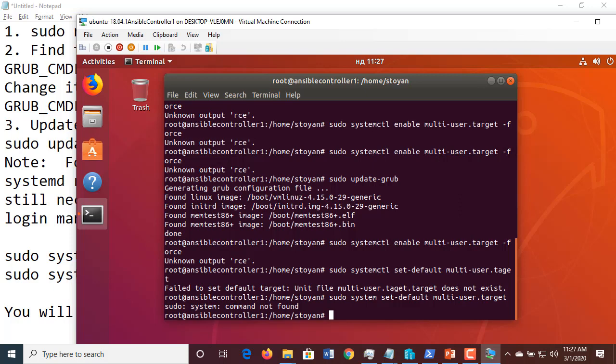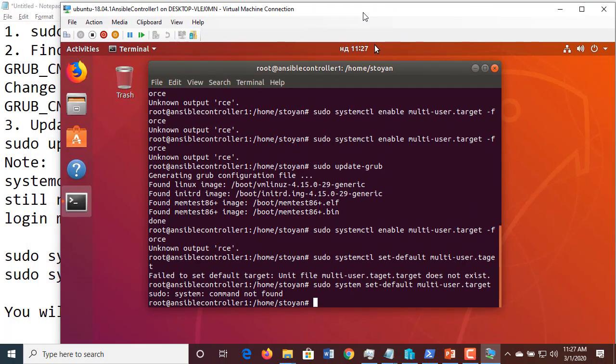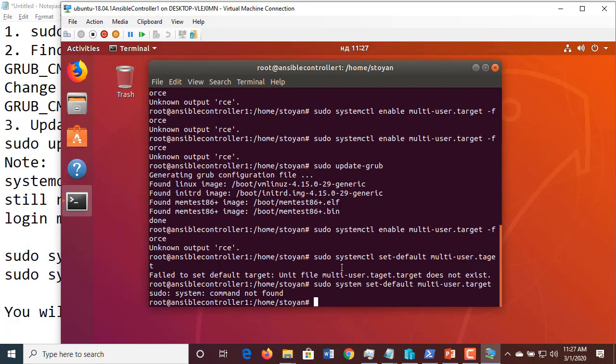Sudo. Do you know what? Probably I should install sudo. Maybe I don't have sudo on this machine. Oh, that's crazy. That's absolutely crazy. Okay, let me